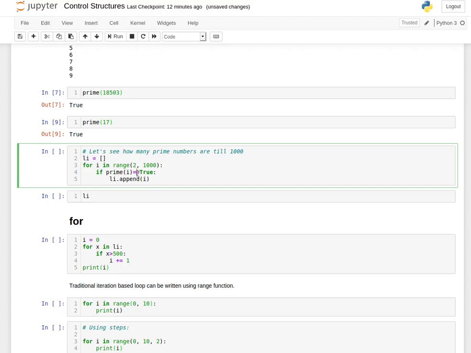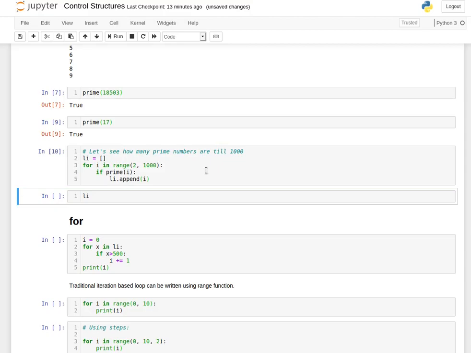In Python you can just directly say if prime of i, so if it's true it will append. If you have to say if it's false, just use the not keyword, as in inversion. Logically, I hope you know the logical operators in Python, as I've demonstrated in the first video itself.